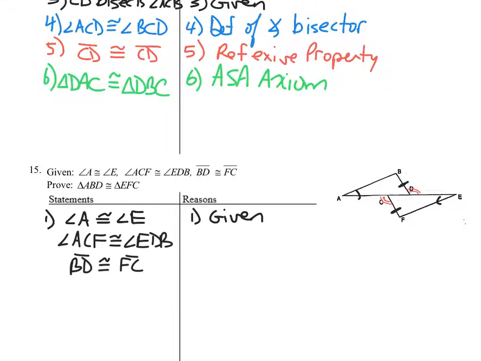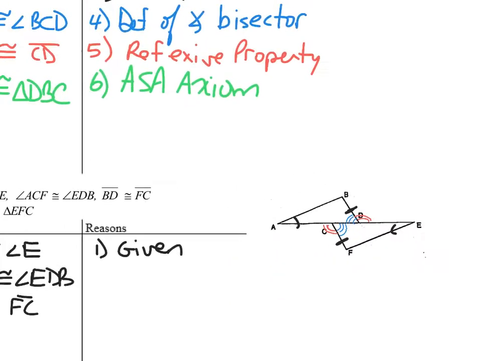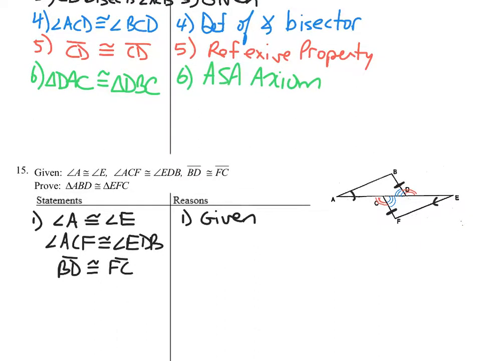All right, so the first thing I would want to somehow come up with is the idea that these two angles, I'll give them 3 arcs, are congruent to one another. All right, so I'm going to make a statement, and it's going to be a very intermediary or intermediate statement. I'm going to make, and it's a combo statement, 2 statements in one. I'm going to say that angle BDE,